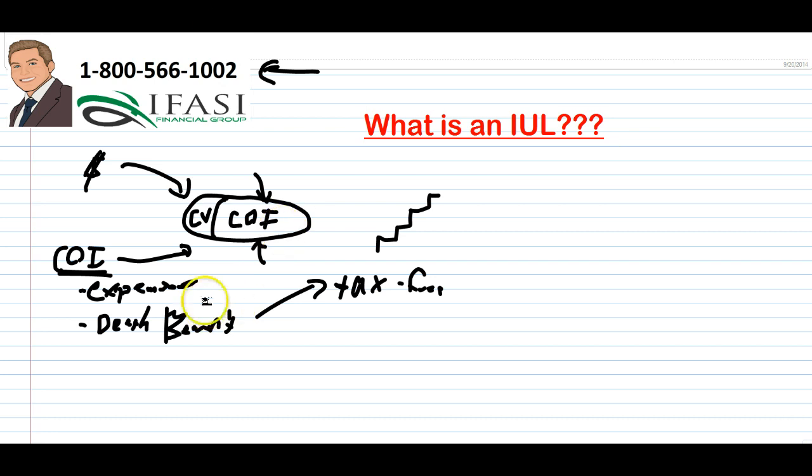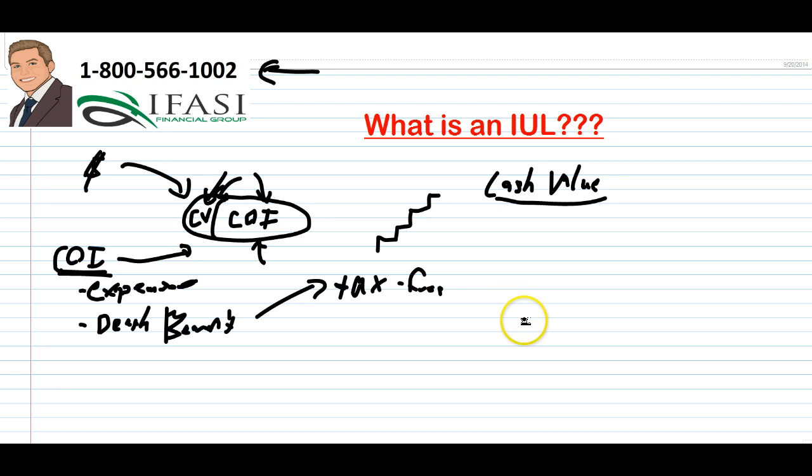And I want to stop and concentrate on this little side known as the cash value. Now, like I mentioned, your premium dollars go into the cost of insurance and they go into the cash value. So I want you to think of this cash value as a sort of savings account. After the cost of insurance is paid, the remaining amount is placed into the cash value.